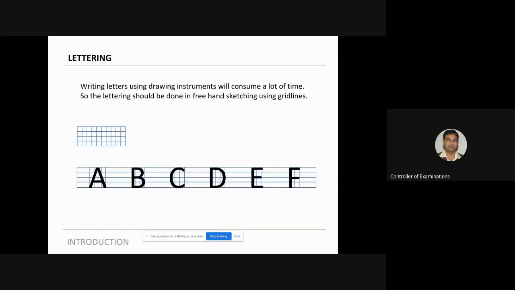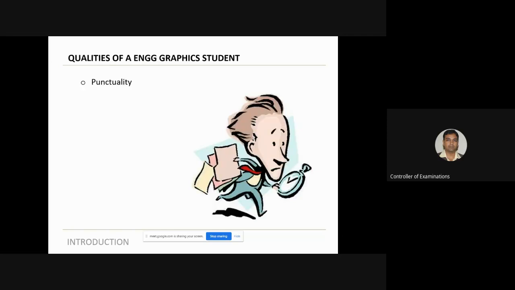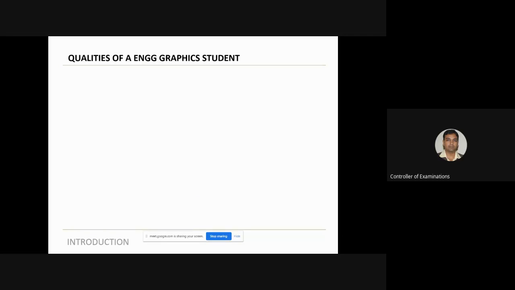Lettering, I'll not go into details of this because it's not very important. But yes, if you want to make certain drawings where the letters are very important, then letters also should have some size, some length, some width, etc. And this is how you can make blocks, and then you can control the size of the letter that you draw. Basically you can use grid lines and then you can do it. I'll not go into the details of this.